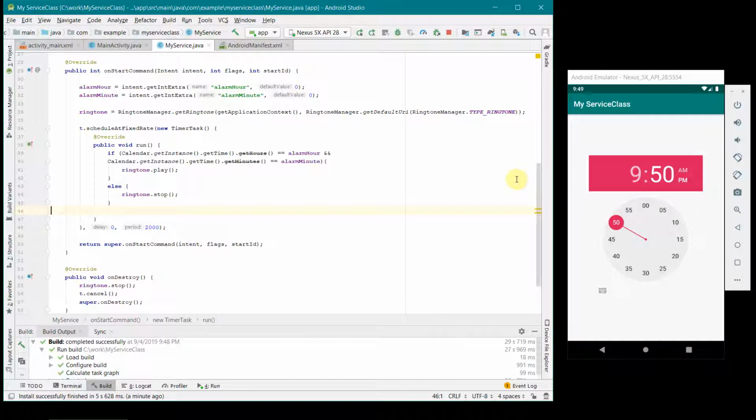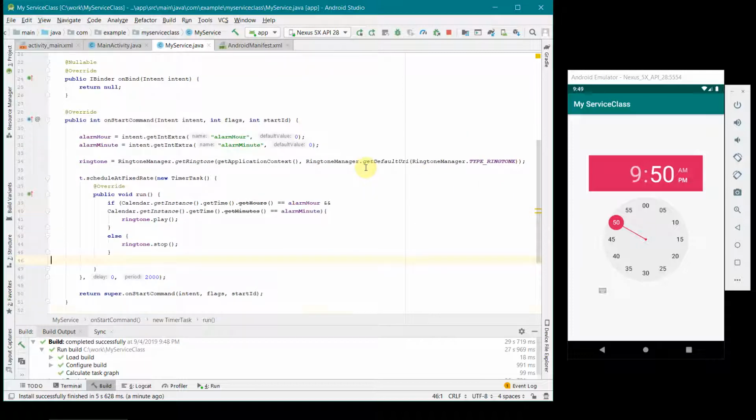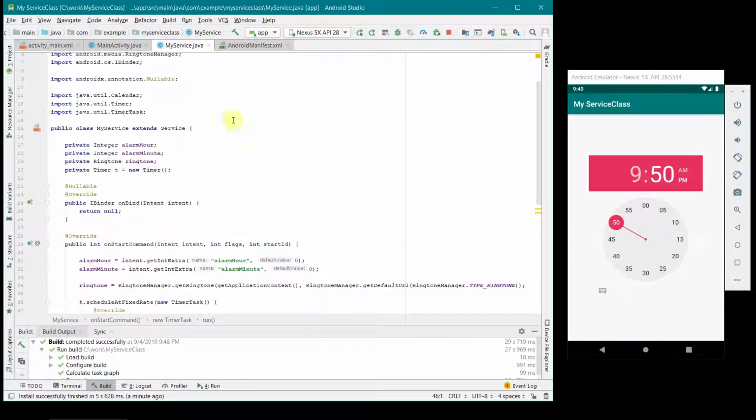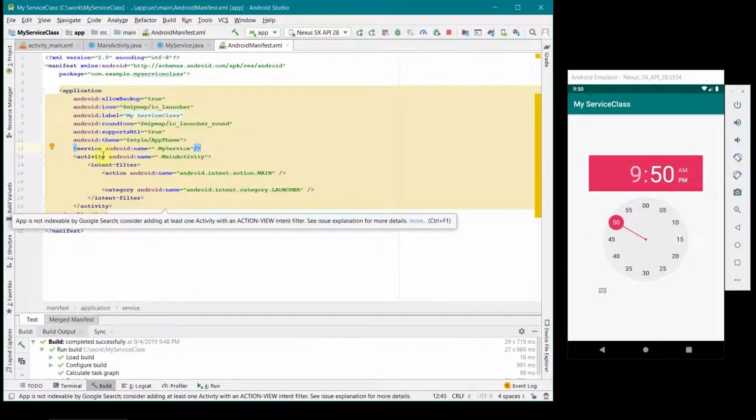So we can wait for a few seconds and we will be able to hear the alarm sound, or let us say ringtone sound. I'm pretty sure you are able to hear it. In the meantime, I'll try to explain or summarize my code here. So the code is very simple. For a service you have to create just a parallel class, and in your manifest.xml file, you have to declare it as a service class.